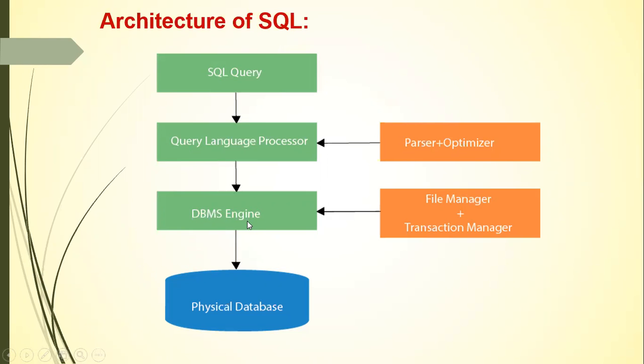In this case, the database engine works with the help of the file manager plus the transaction manager. Transaction manager means what? Here we pass the query, and in accordance with the query we get the result. म्हणजे आपण क्वेरी दिली आणि त्याच्या बदल्यात आपल्याला डेटा पाहिजे, त्या पद्धतीची इन्फॉर्मेशन त्या ठिकाणी पाहिजे, ते ट्रान्झॅक्शन झालं. Now how this transaction is executed, for that purpose the transaction manager is required. With the help of this transaction manager and file manager, the database engine accesses the data from the physical database,